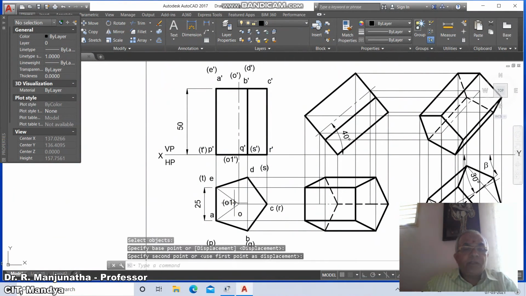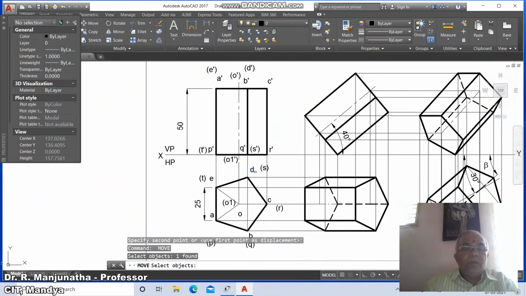Then you mark this as A, you mark this as B, move C, move D, E, and move